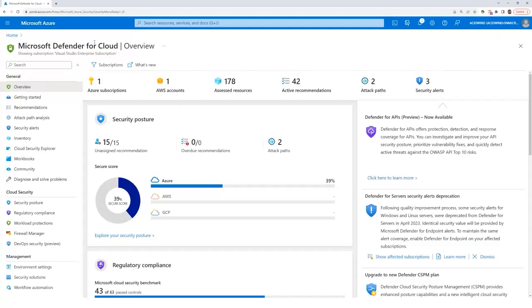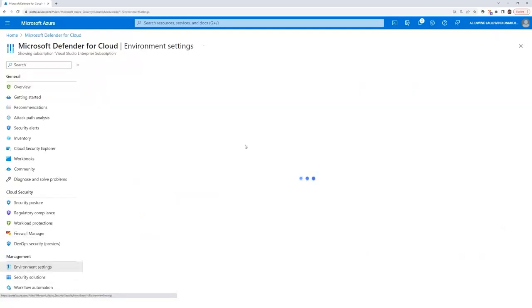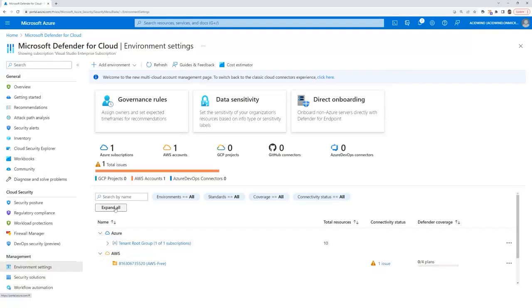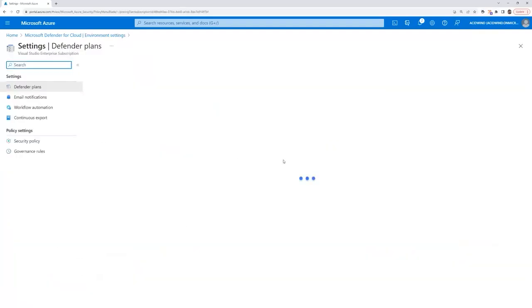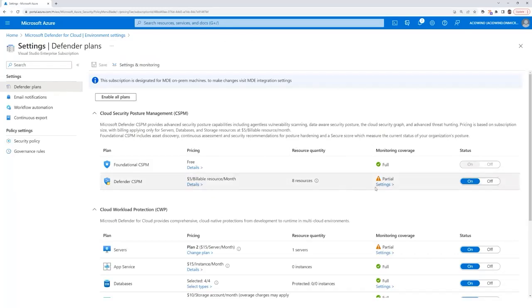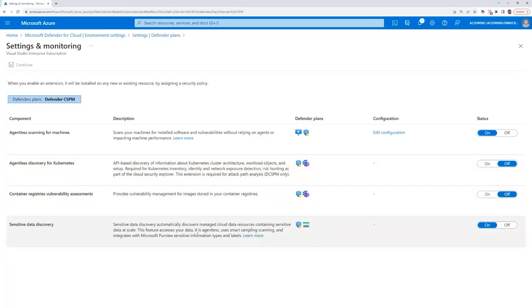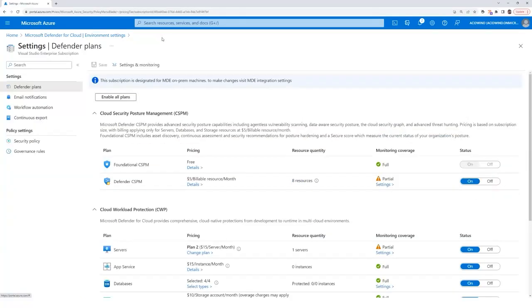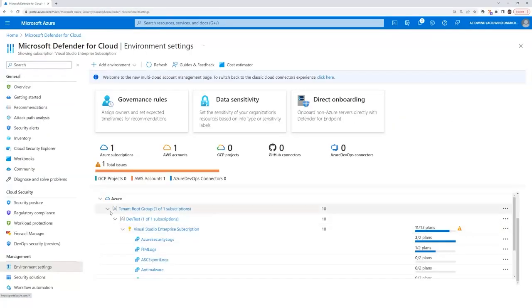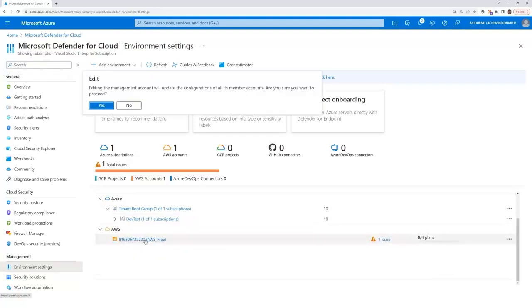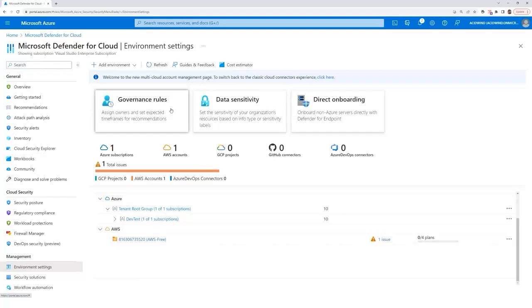Once you enable that agentless scanning, the first thing you need to do is make sure that you have the agentless scanning capability enabled in Defender CSPM. In this extension, agentless scanning for machines should be on, right? Make sure that it's on. The same thing for the connectors, AWS or GCP. You need to make sure that agentless scanning is enabled there. And once all this is configured,